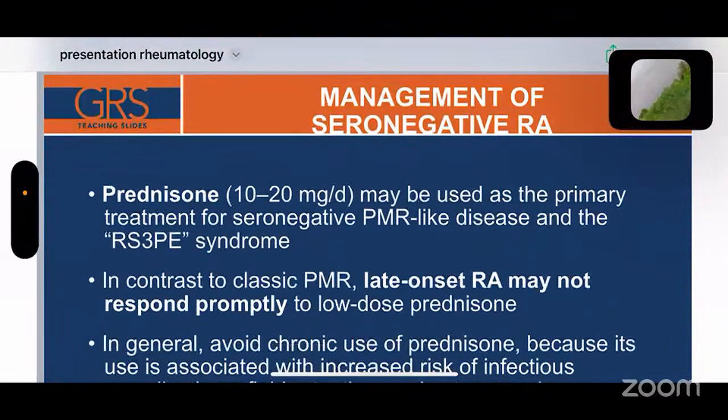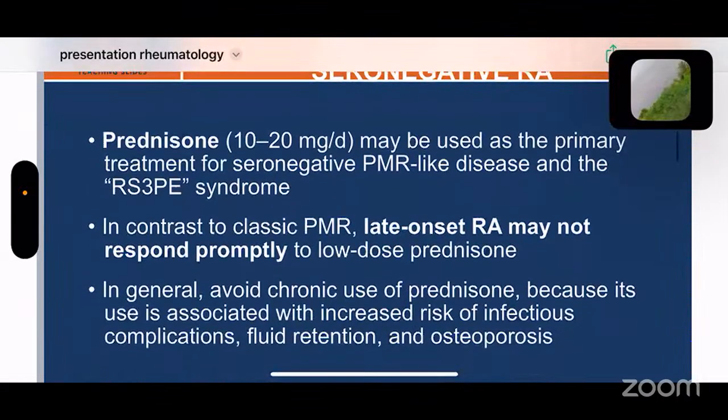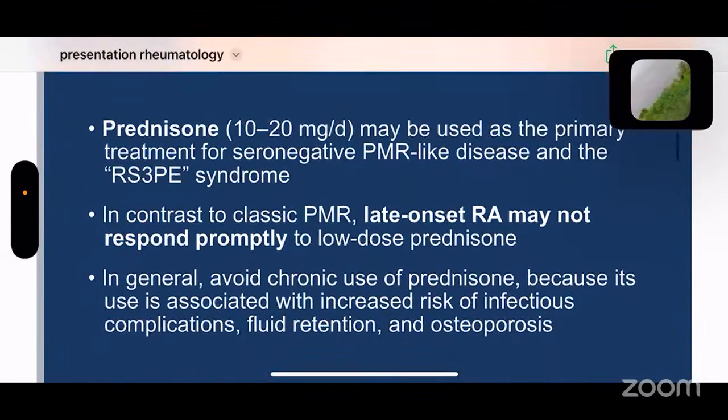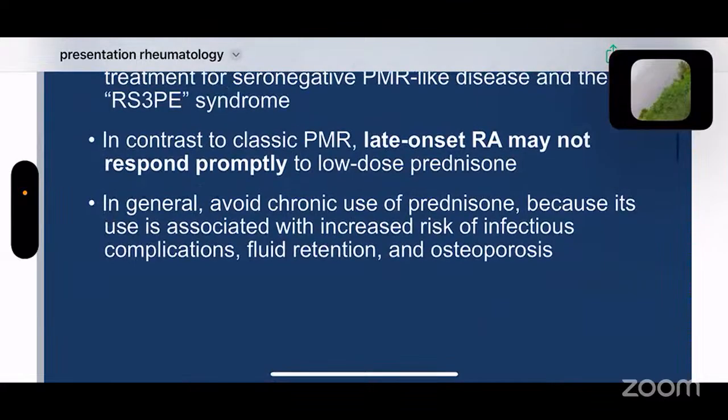So usually prednisone 10 to 20 milligrams per day may be used as the primary treatment for seronegative RA disease and the RS3PE syndrome. In contrast to classical RA, late onset rheumatoid arthritis may not respond promptly to low dose prednisone. So be careful, even after initiation of therapy, to follow up the response of